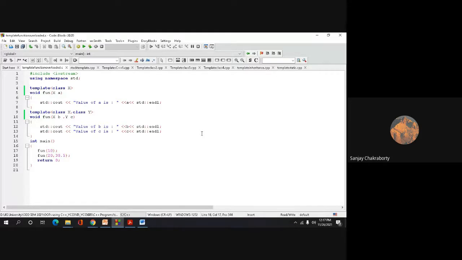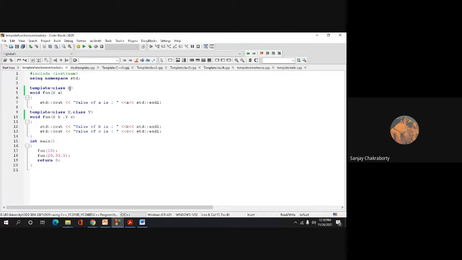So a template function may be overloaded either by a template function or an ordinary function of the same name. And in such cases, the overloading resolution is accomplished with 3 points. The first point is: call an ordinary function that has an exact match, and call a template function that could be created with an exact match. So these are the points that we have to understand during function overloading. But from this program, I hope that all of you have understood how the function has been overloaded within a template, right?